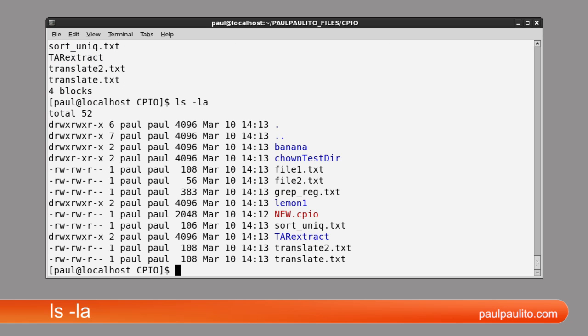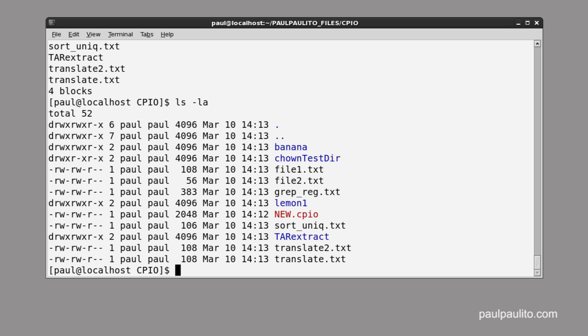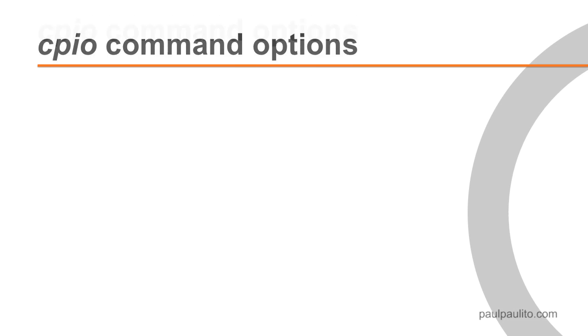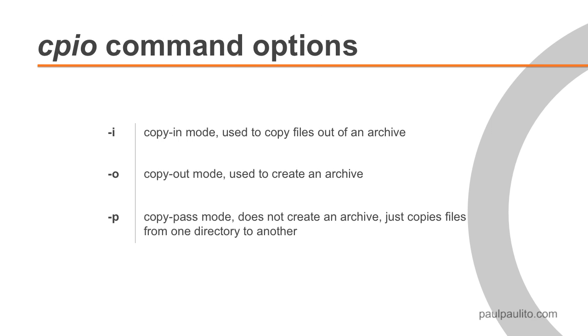As the output of ls -la shows, all formerly compressed files have been extracted to the current directory. The most frequently used CPIO command options are